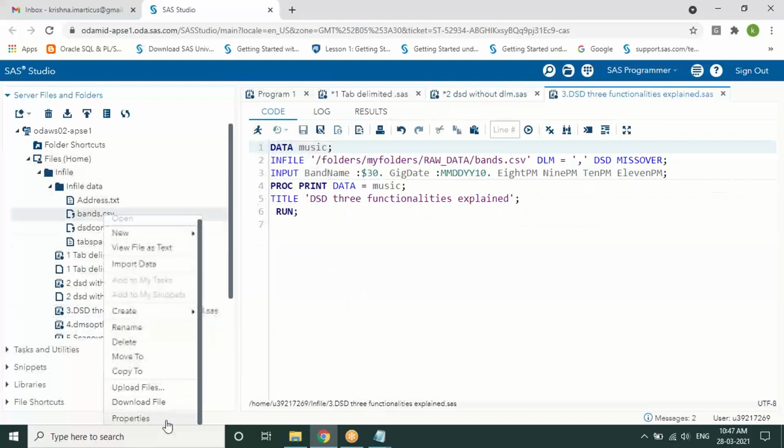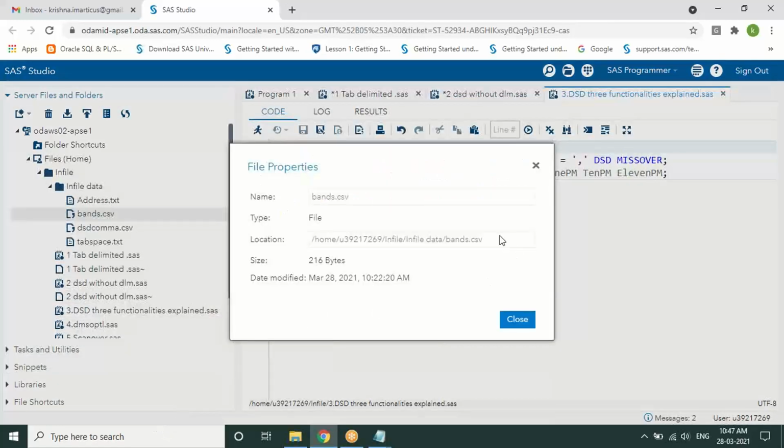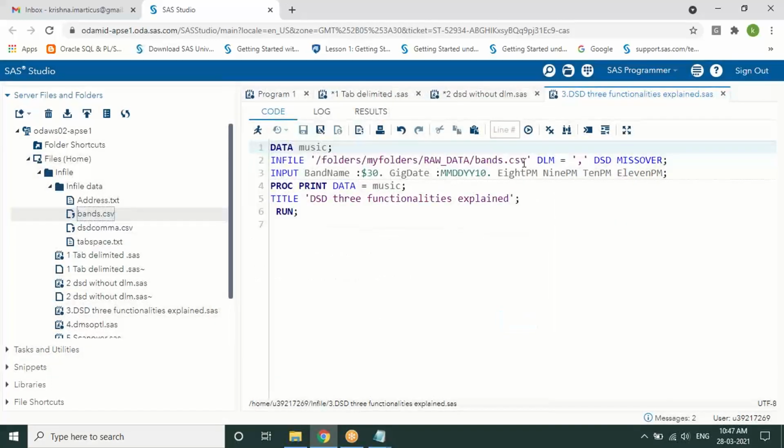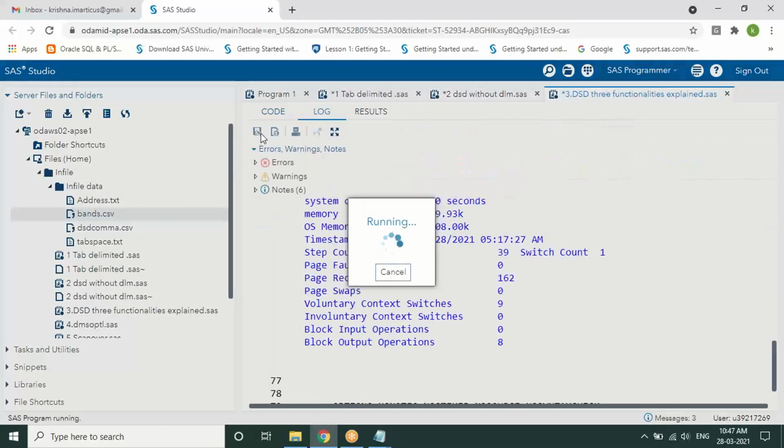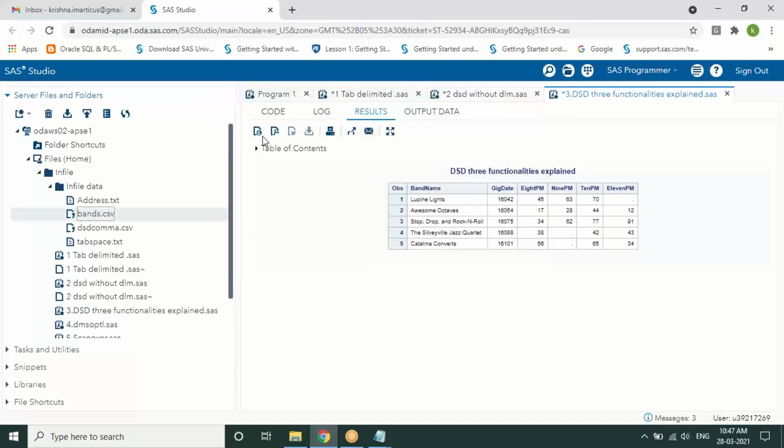There is a data file called bands.csv, the same thing I just showed in the presentation. I'm using all three options together, DLM, DSD and missover, so I'm able to read it. As you can see, the data ignores the double quotation marks, the delimiters in between the values are handled, the missing values in between are handled, and the missing value at the last is handled by missover.